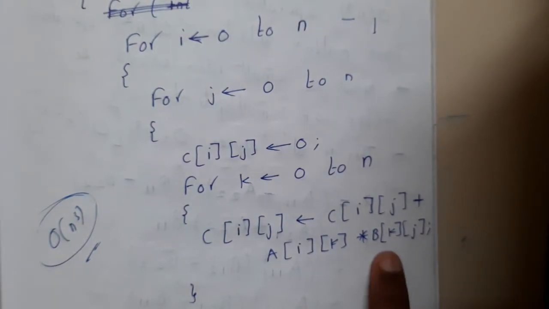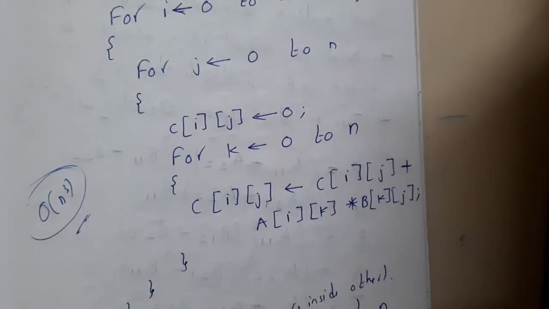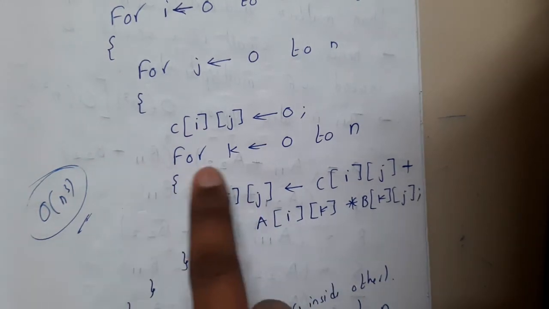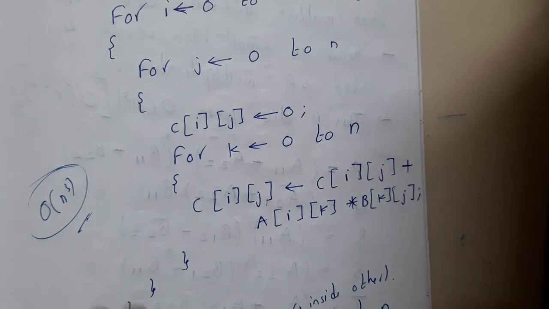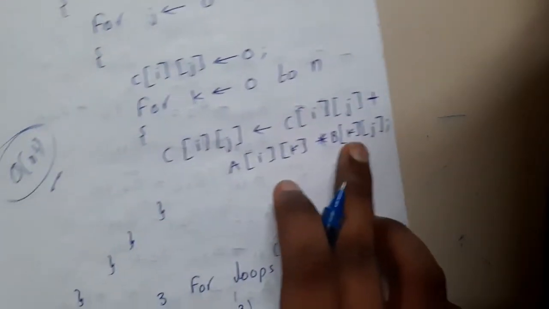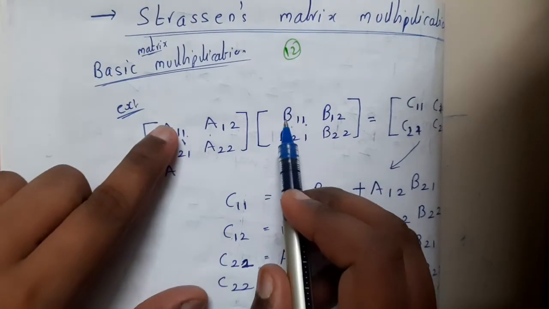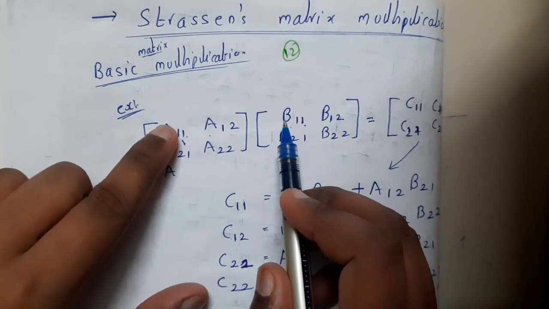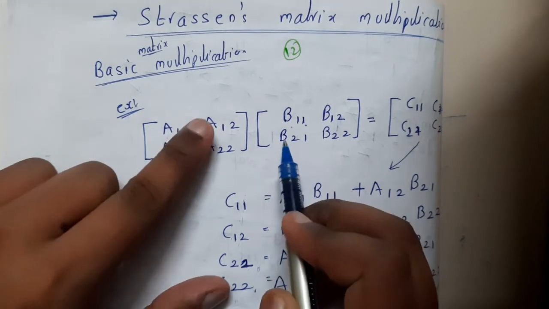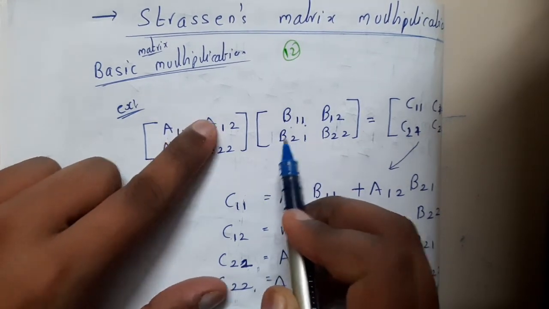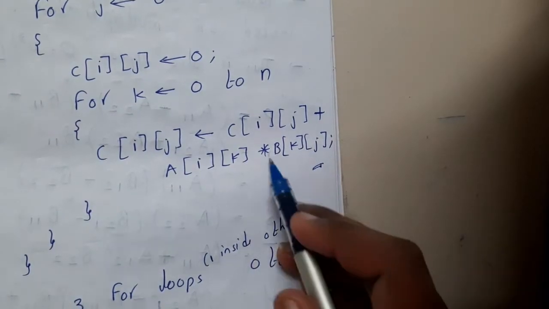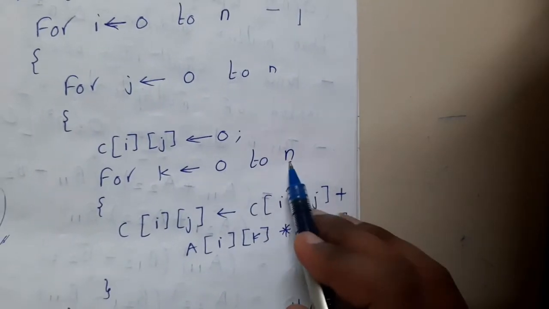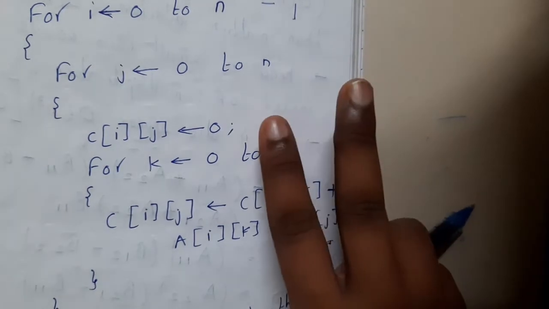Basically here you will be multiplying row with column and adding the individual terms, guys. That's it. If you want me to solve this, it will be done in 2 steps. First you will be multiplying these two, and that will be stored. Then again you will be multiplying these two, and this will be added with the previous result. That process continues as many times as the size n. If the size is 2, it will be done 2 times.